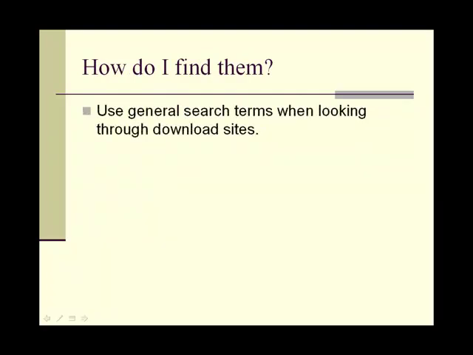Well, the first thing is when you go somewhere like download.com or 2cows or Buttersoft or some of the others that I have listed on our website, you need to use general search terms, and sometimes you have to mix and match words to come up with what you want. If you're looking for a gradebook program that does something specific, you may just want to start with gradebook. Put that in there. Or if you're looking for something that's a crossword puzzle generator for science terms having to do with the water cycle, crossword is what you're going to look in, or crossword generator, crossword maker, things